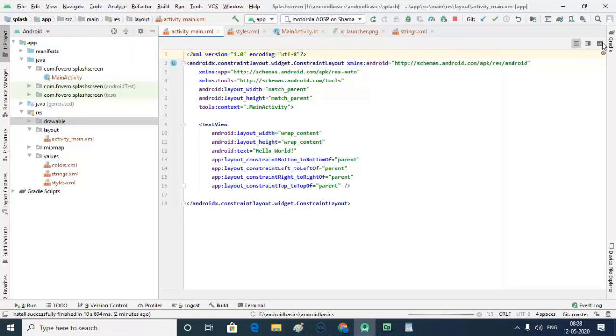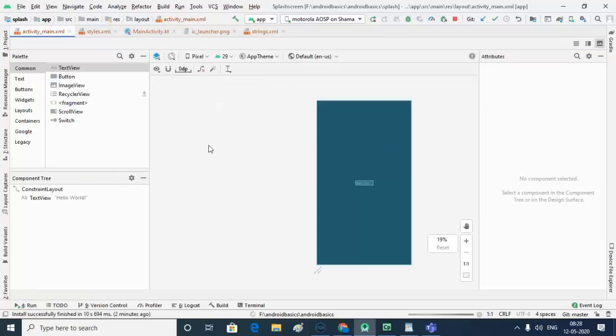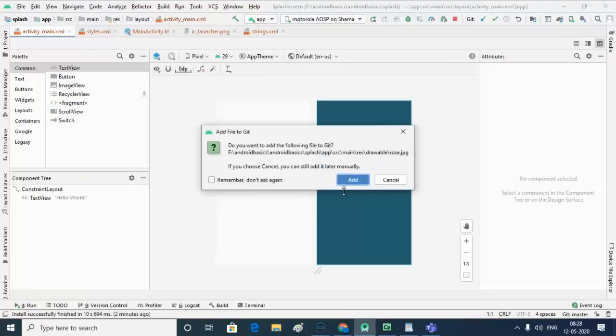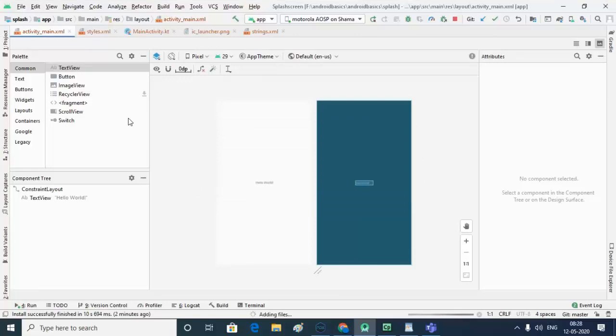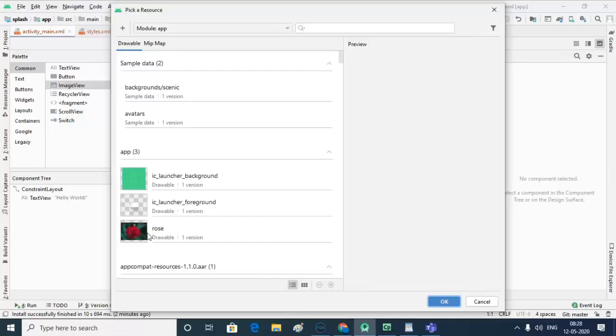So close this and change this mode to design mode, and add an image here and an image here. So here I am using my rose image.